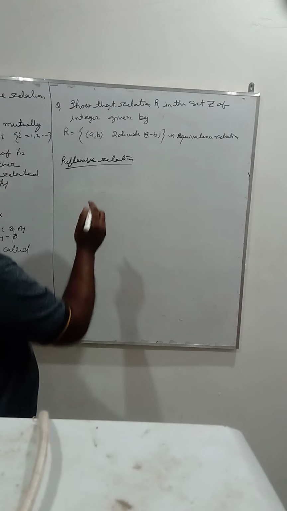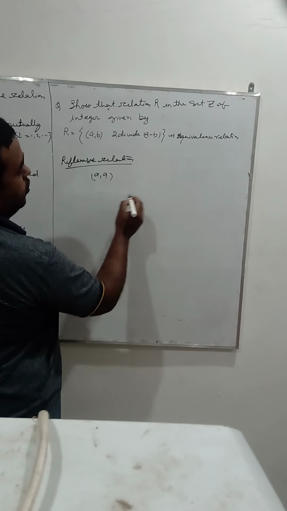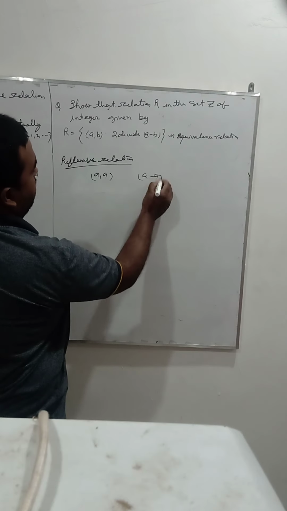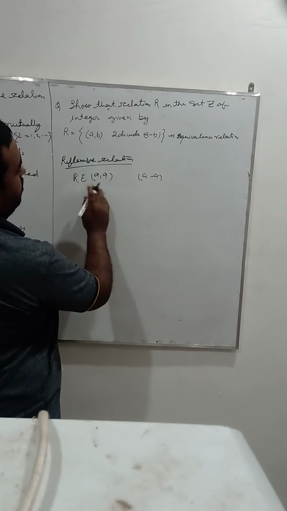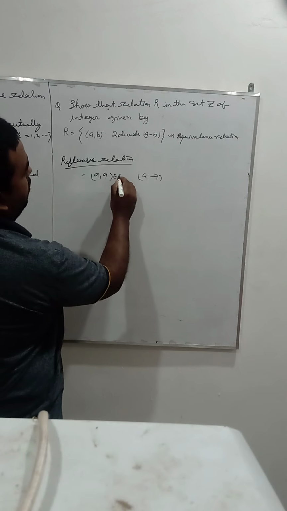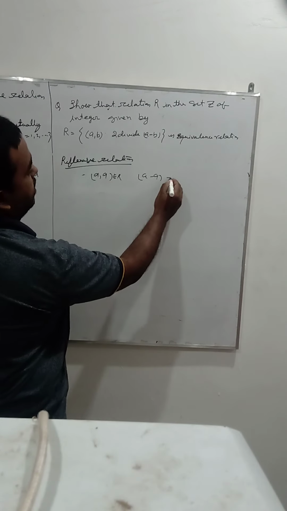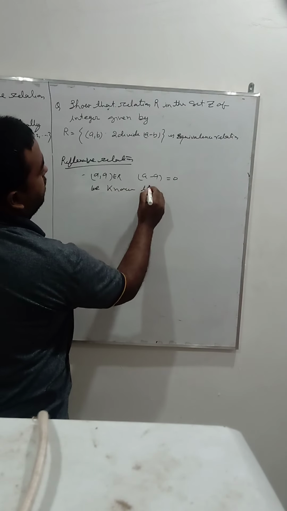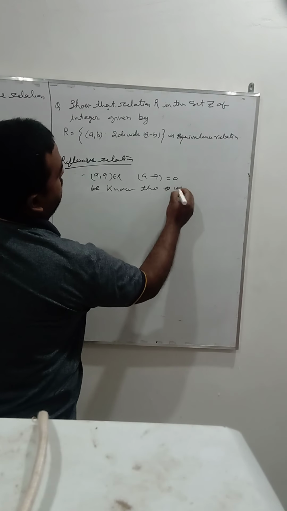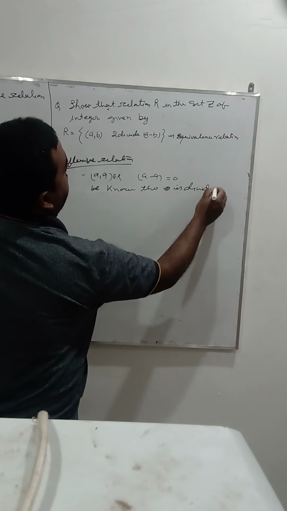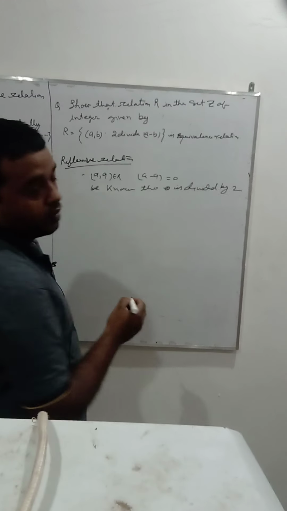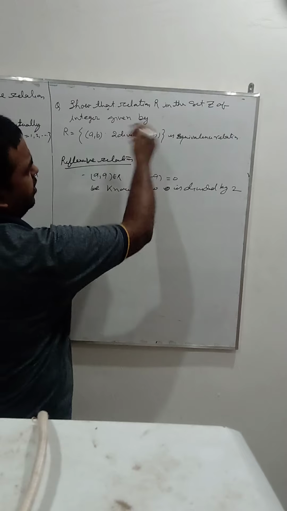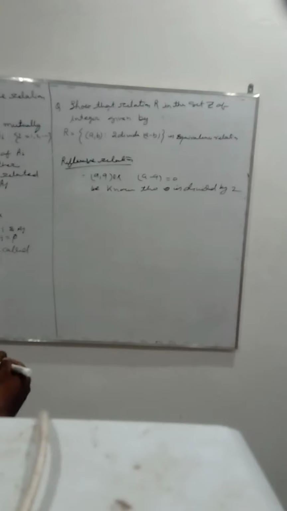Look here, if you take a, then a minus a, let us suppose it is given (a, a) belongs to R. A minus a is equal to 0, and we know that 0 is divisible by 2. If we take any integer, 2, 3, 4, 5, anything, they all are divisible by 2. So it satisfies